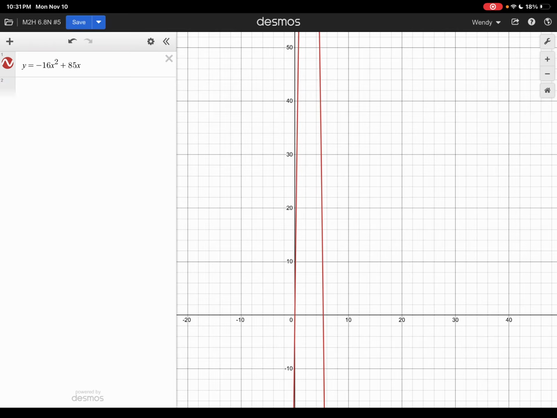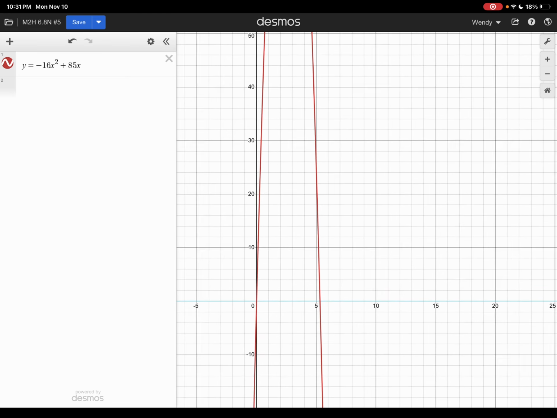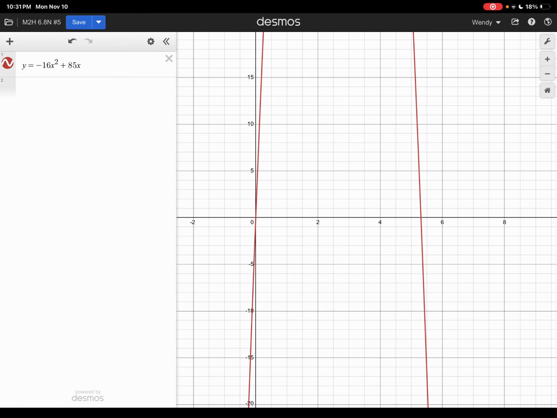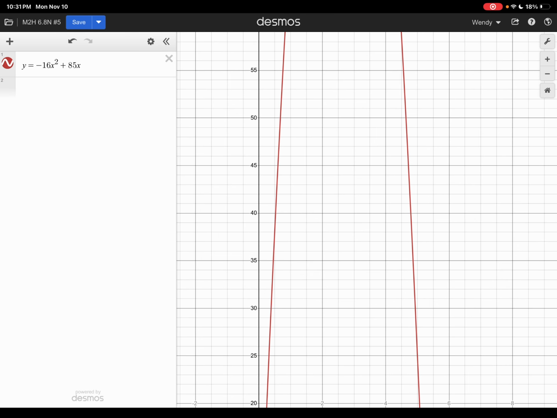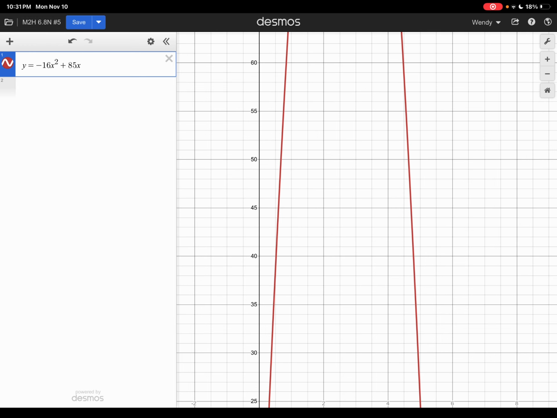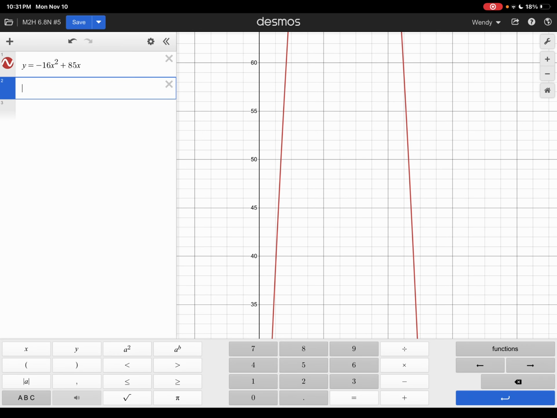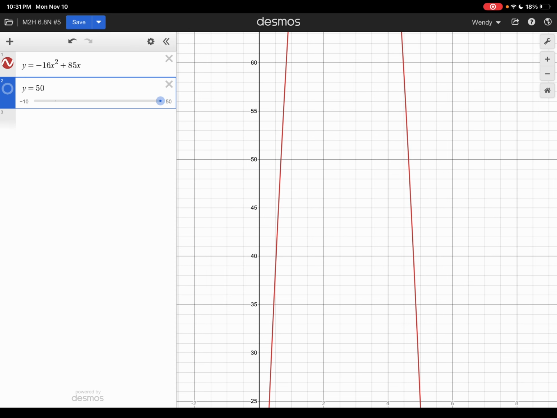x-intercept, which, oops, there you go. All right, so for this, we want to know approximately when the object will be at a height of 50 feet. We can look right here and here, but what I would do is type in y equals 50. And that's going to give you your 2 points that you would put for A, which is 0.67 and